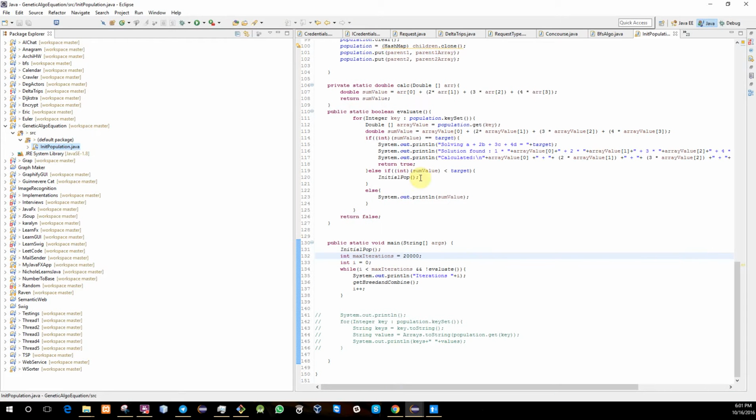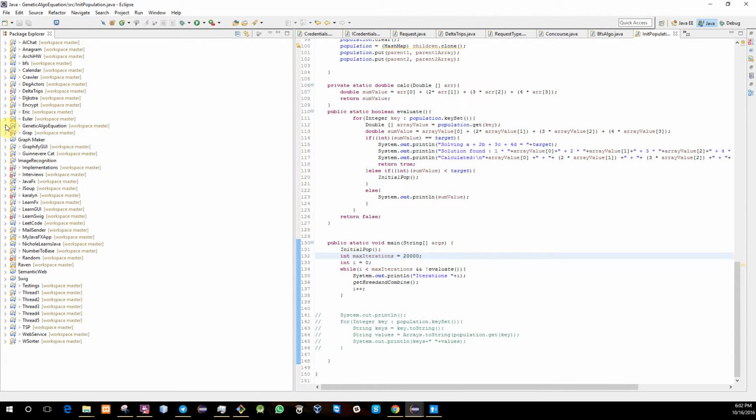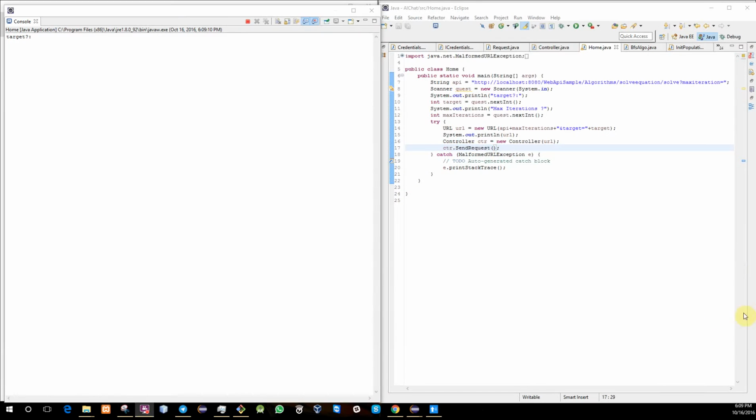I can also try to run this using a Java client. If you're bored at this time, of course, it makes sense to stop watching. However, I will try to create a Java client and just show how that would work if I was just running this through Java. Alright, so here I have a very simple Java client, which I'm using to send a request